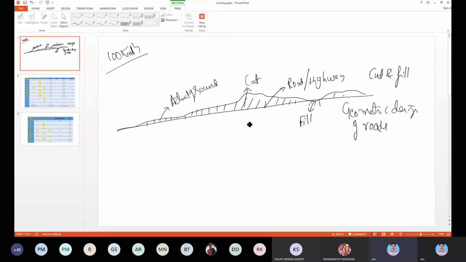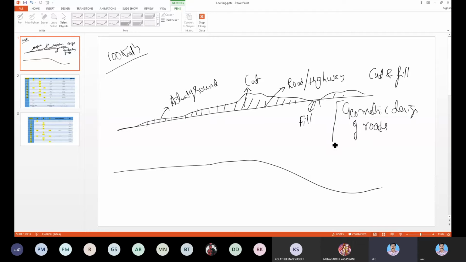So to decide what length we should give for a straight section, and where we should provide a curve, let's say this is a highway, and again you slightly raise it, and again you make it fall, and again you slowly raise it, like this. Though it is a smooth curve, the rider should not feel discomfort going along this curve. If it is uncomfortable, it will lead to accidents or safety issues, or increase the vehicle operating cost. So many things are involved in this.